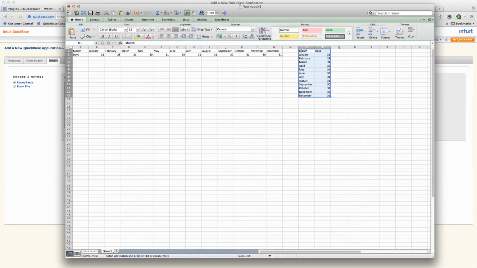You can see now we would get two fields, month and day. Each of these would be a record, so we would have a record for January where it has 31 days. We'd have a record for February where it has 28 days, and so on. So this is more of the format that we're used to seeing when we're doing an import into QuickBase and what would actually work. So I'm going to go ahead and copy this now